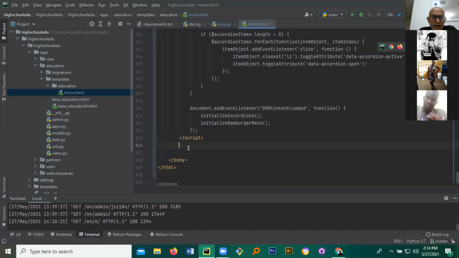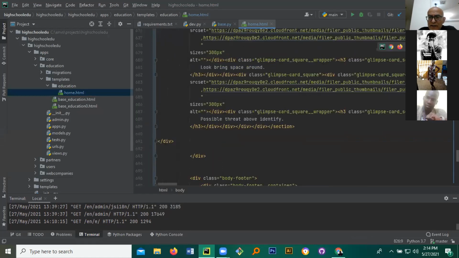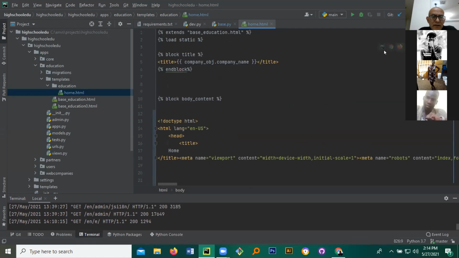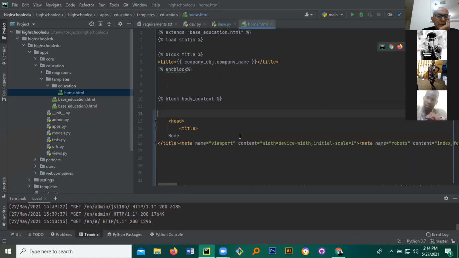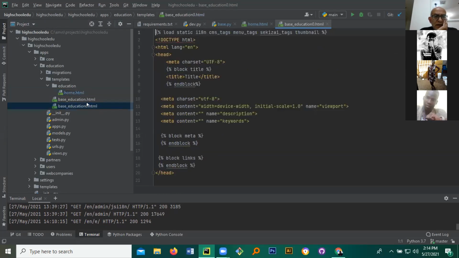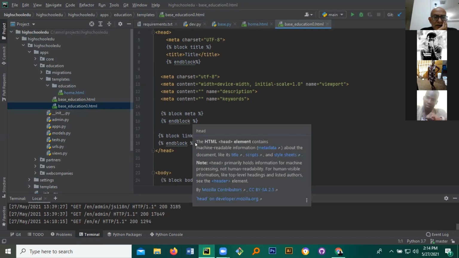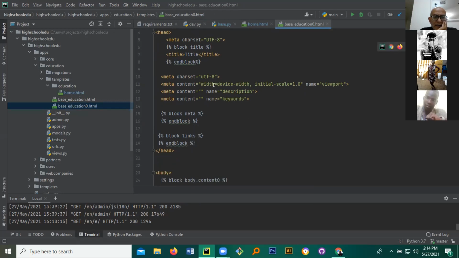I don't really need the body and the HTML, because those we have in the base. So I can really remove this one. By the way, it's holding on to the HTML there. And let's look at how the website will look. By the way, if you look at the zero, in the zero we have all of those. We have the header. Inside the header, we have some stuff. And if we want, we have extra for meta. So what I can do is take this one,